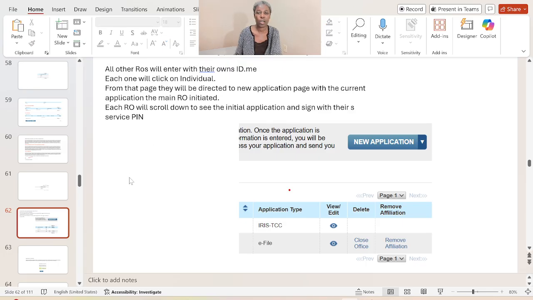So all other ROs, but the officials will enter with their own ID.me. So each one will click on individual. From that page, they will be directed to new application page with the current application, the main RO. I'm talking about the main applicant's initiated. So each RO will scroll down to see the initial application and sign with their own